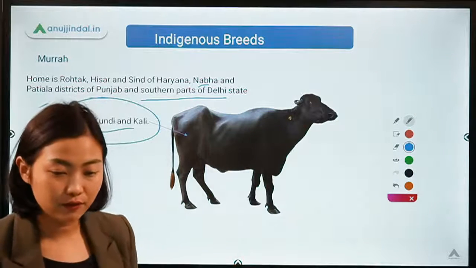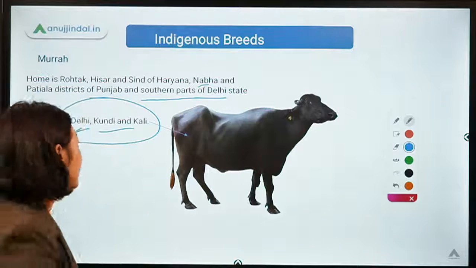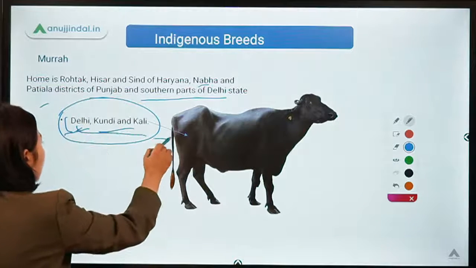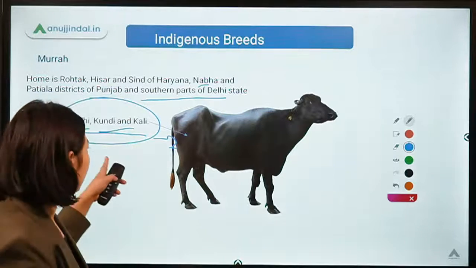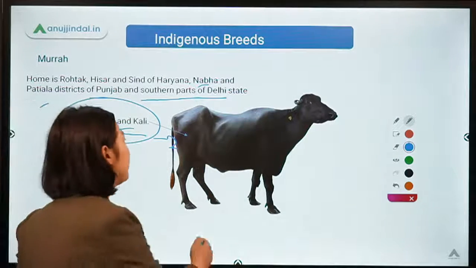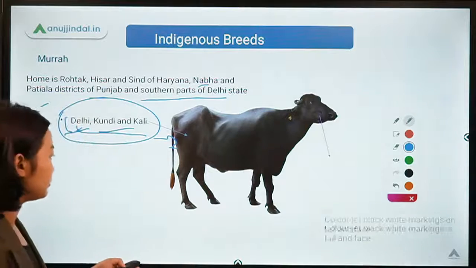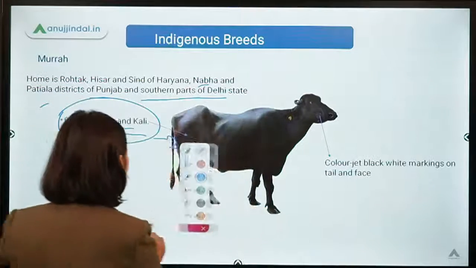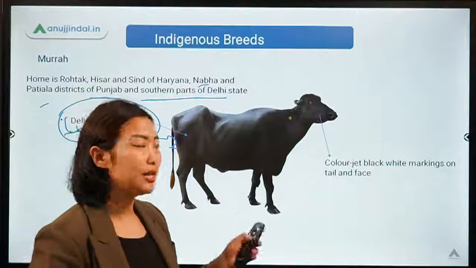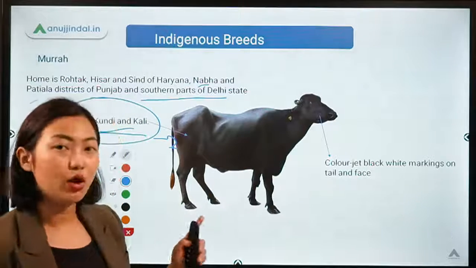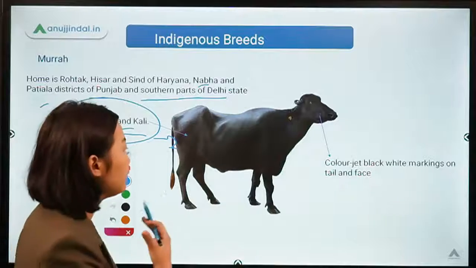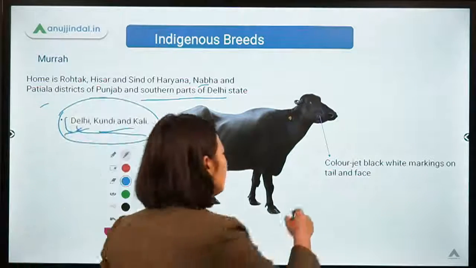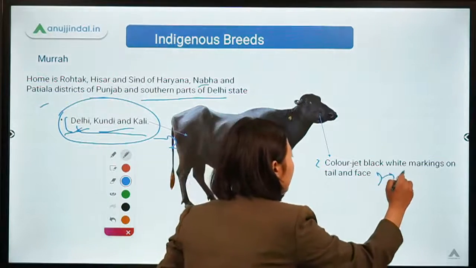Okay, so right from the names itself, from where it has originated or been bred, you'll be able to find out that this is actually found from the Delhi state or from the Haryana state, okay? And why is it also known as Kali? Because it is jet black in color, okay? But again, it also has white markings, which you can find especially on the face and the tail, okay? So this is a very important trait that they have, okay?